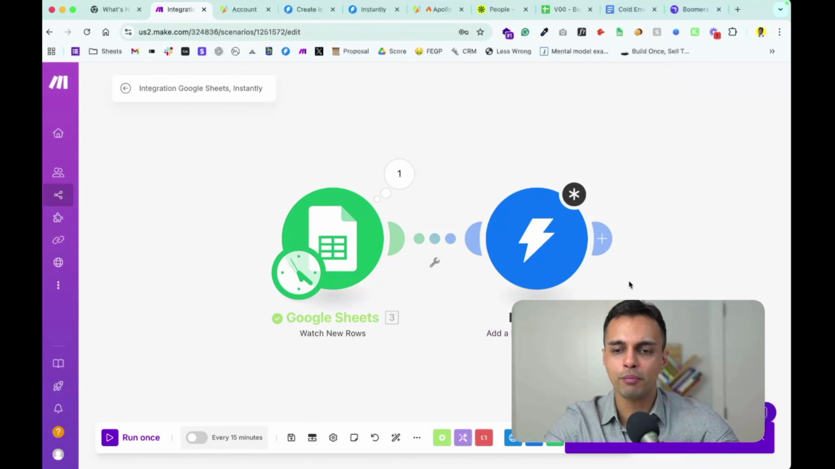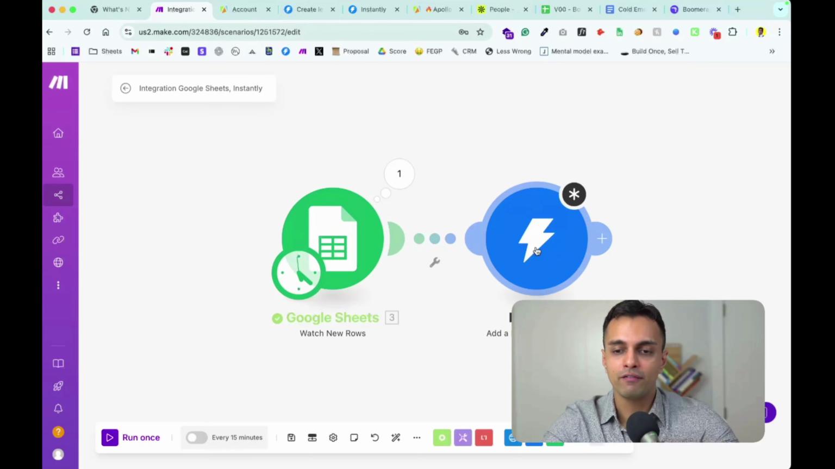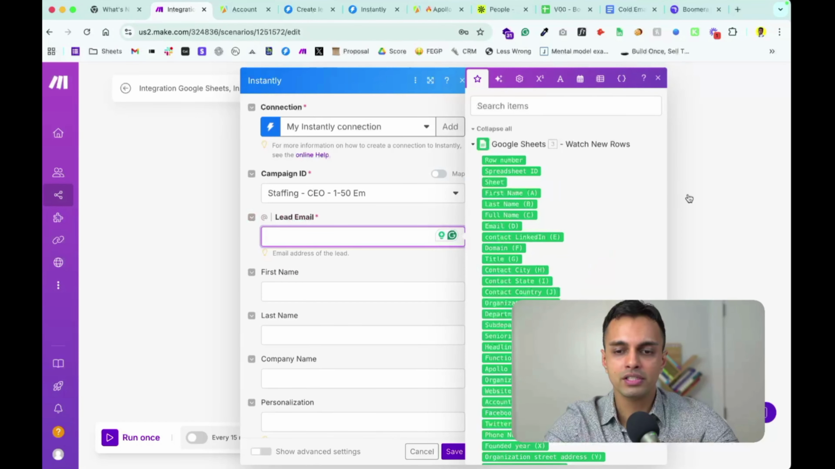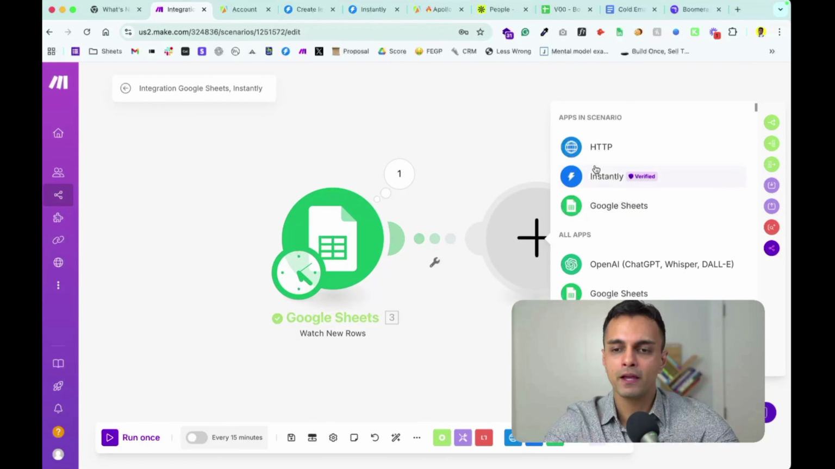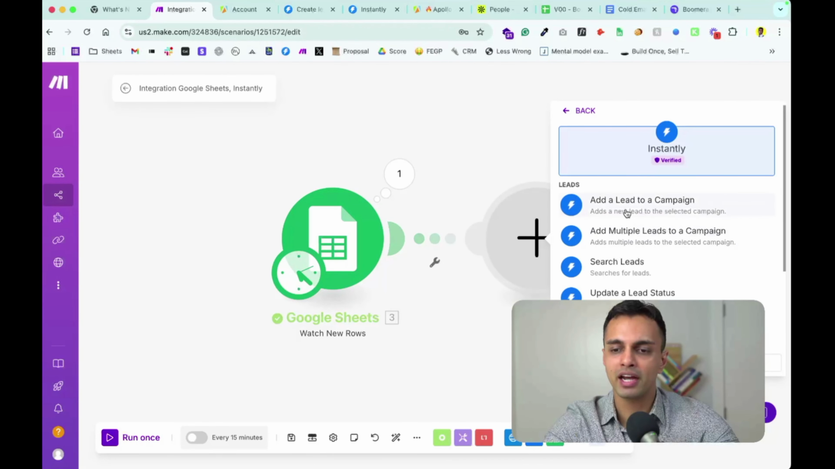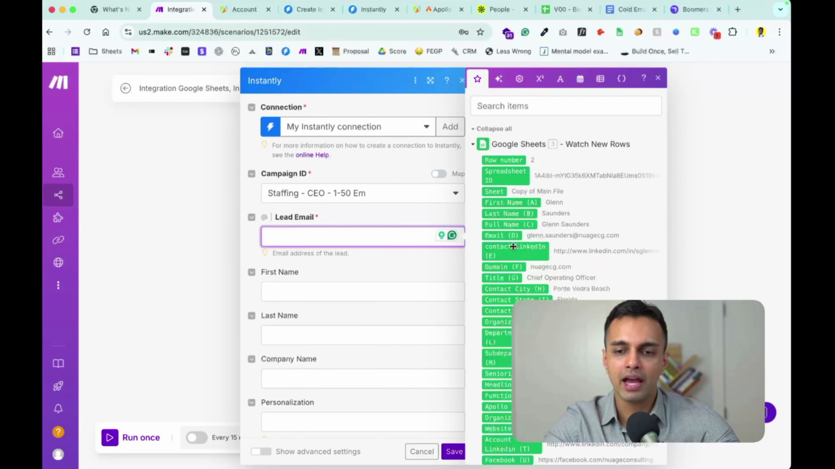We have all the necessary information. Now we want it to populate into our Instantly campaign. In fact, let us rerun this just because I want it to populate correctly. Okay, let's go back into Instantly. It's already connected. Add a lead into our campaign, pick the campaign, and now we're going to pick all the